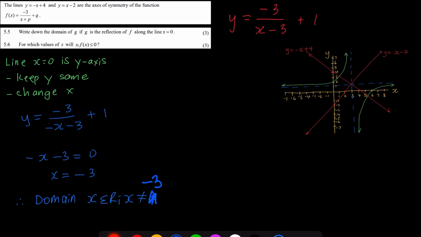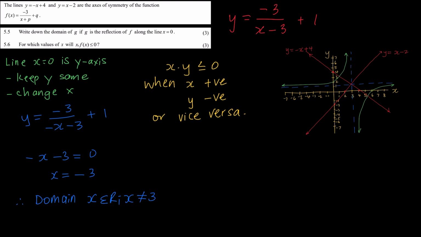Okay, let's move on. If we want to solve for which values of x will x times f of x be less than or equal to 0, instead of writing f of x, let's write y. So as you can see on the screen, we have x times y is less than or equal to 0. Now when can we get a negative value? So when multiplying, you can get a negative value, in this case, when x is positive or y is negative,